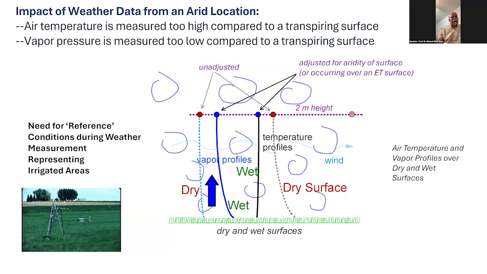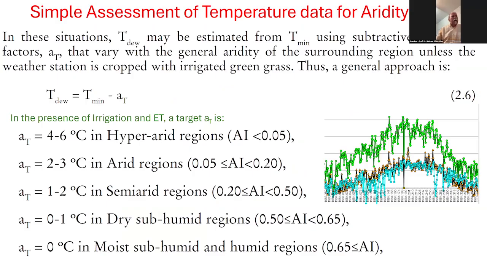And again, the Penman-Monteith formulation is expecting that we are over a wet surface with that cooler temperature when it's parameterized to calculate ETo. Same with the vapor profile. It'll be much more humid over a transpiring surface, of course. And so we want to be measuring a more humid parameter at 2-meter height. So something we've done hopefully a bit more robustly in the revision, but we've attempted to still keep it simple,